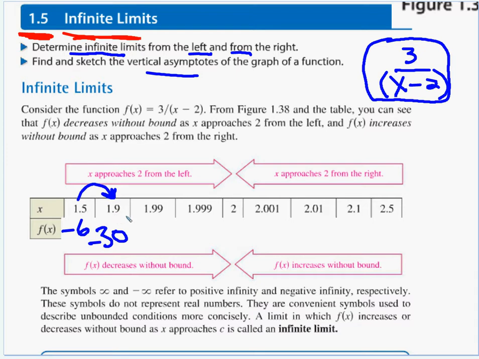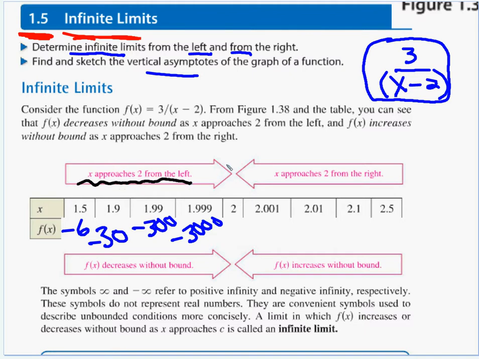Now, if 1.9 is close, let's get closer at 1.99. This y value is negative 300. Notice they're all negative and getting bigger, more negative. And then if we add another 9 in there, 1.999, we get negative 3,000. So if we look at the pattern, if we do another 9 on there, 1.9999, the y value should be 30,000. So here, in these red arrows, it says as x approaches 2 from